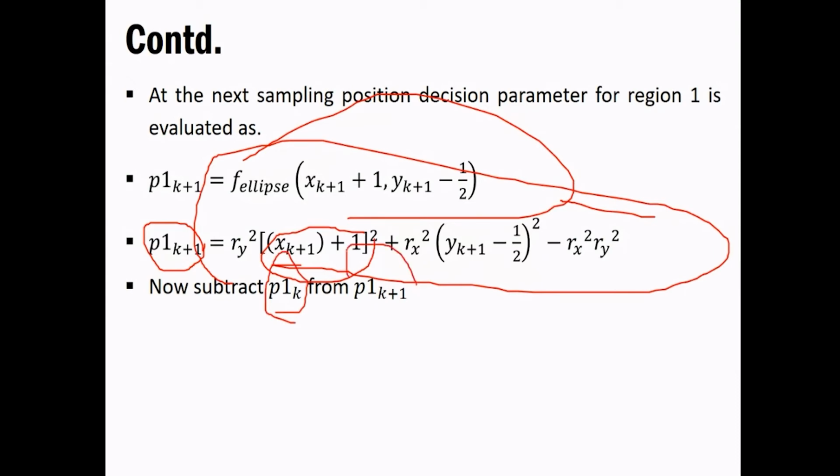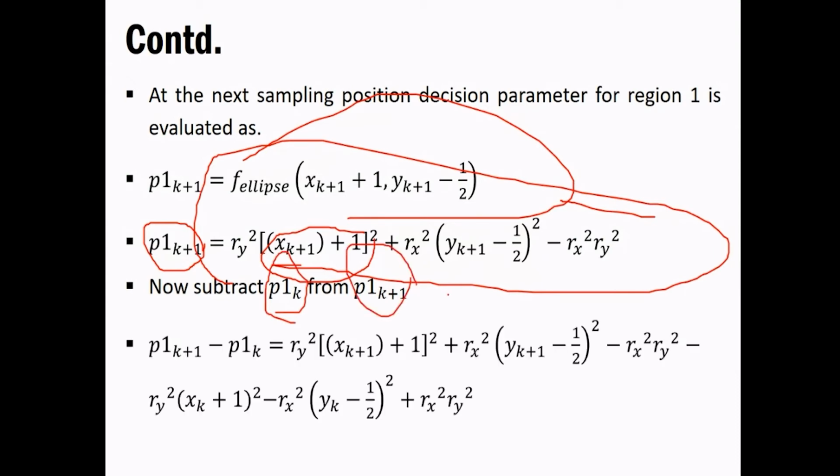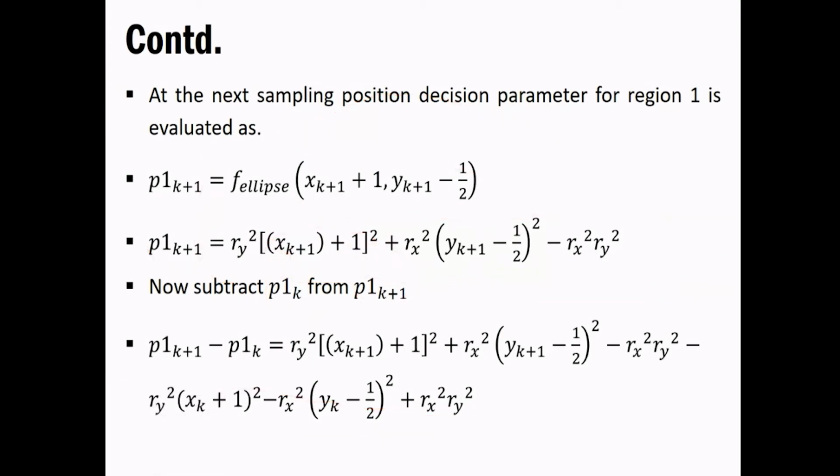So if you do this, what you get is this particular thing. Simple, we did nothing, we simply substituted the values of pk plus 1 here. You have simply taken this thing, and if you do this you will get this. So you can write this in your book, that is p1k plus 1 minus p1k. Up to here there should be no doubt, because it is a simple thing, the similar thing we have seen in the circle generation algorithm, the midpoint circle generation algorithm, and we are following the same here. Just the thing that changes is the equation, that is the ellipse function instead of the circle function.